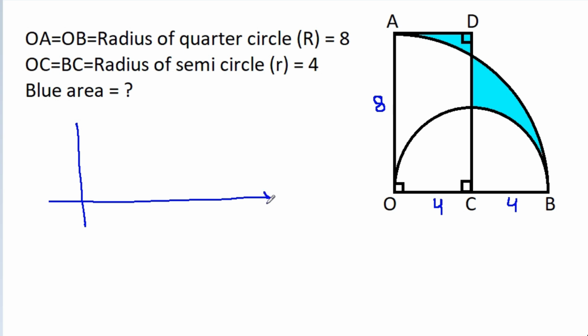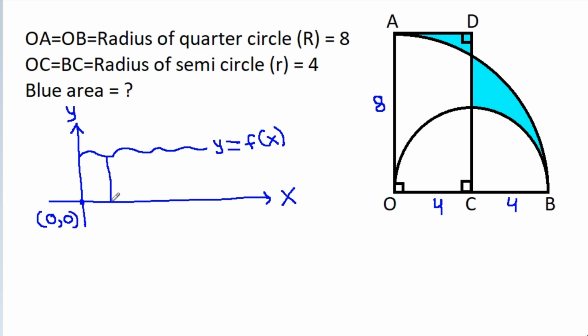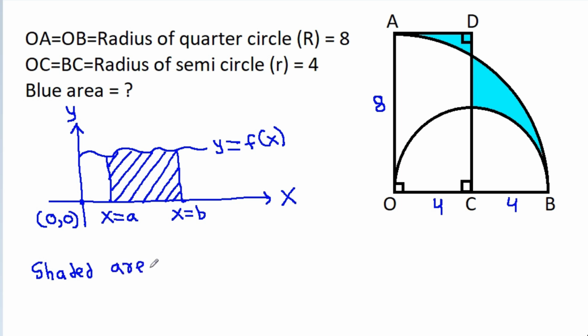So suppose this is the x-axis and this is the y-axis, and this is 0, 0, and y is equal to f(x) is any curve. Then from x is equal to a to x is equal to b, this shaded area is equal to the integral of y dx from x is equal to a to x is equal to b. And suppose O is 0, 0,